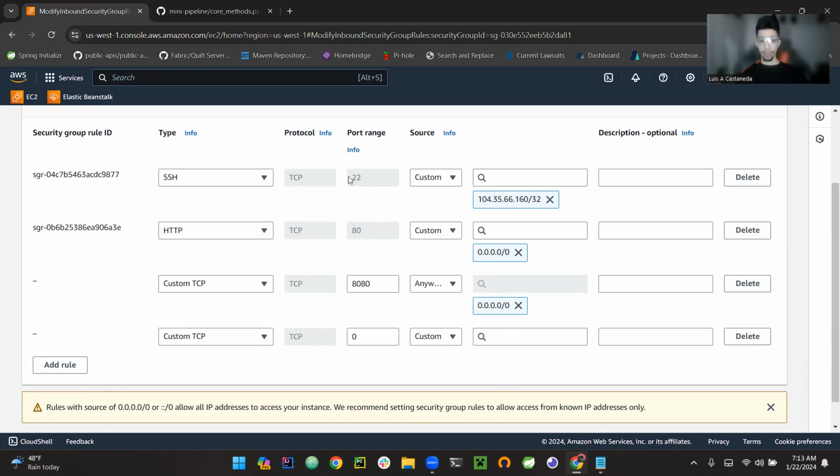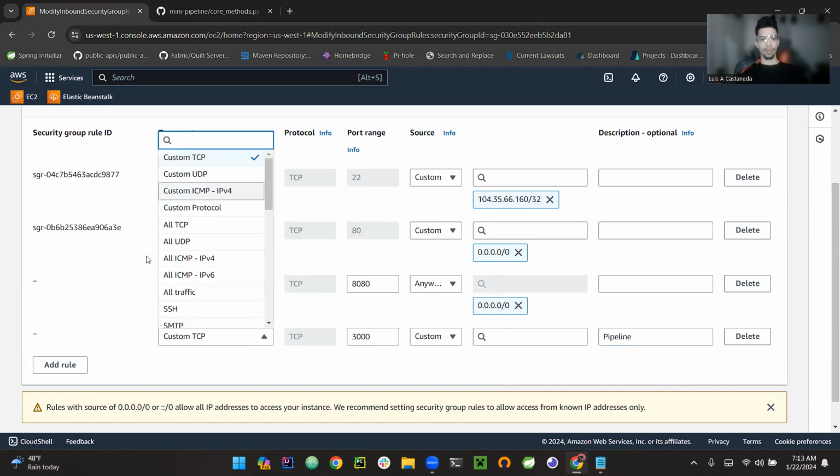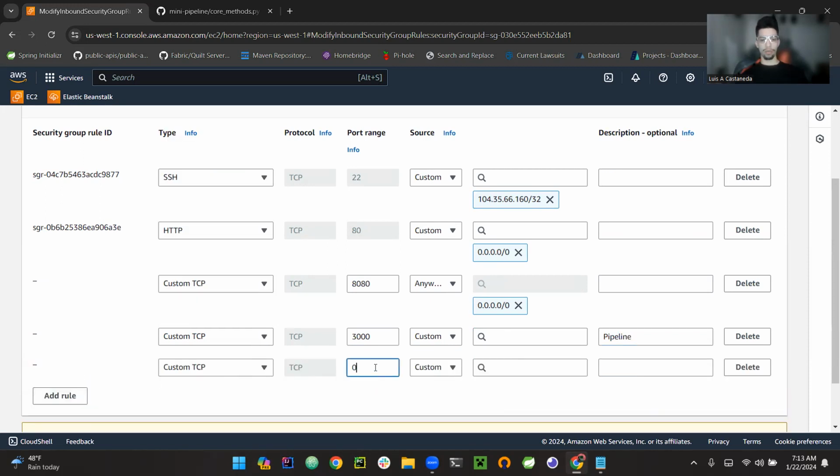We have port 22 already open for SSH. We have port 80 for HTTP. We're going to be using port 8080 for the application. We're going to be using port 3000 for the pipeline because GitHub uses port 3000 in order for them to send webhooks to this pipeline. I'll explain what a webhook kind of is in a minute. And we will add another rule for